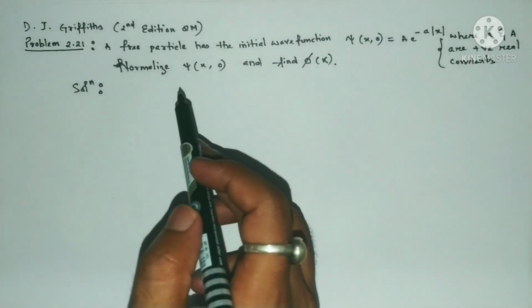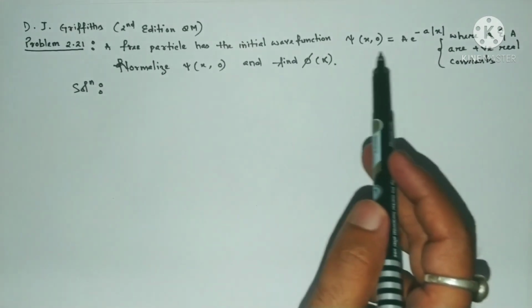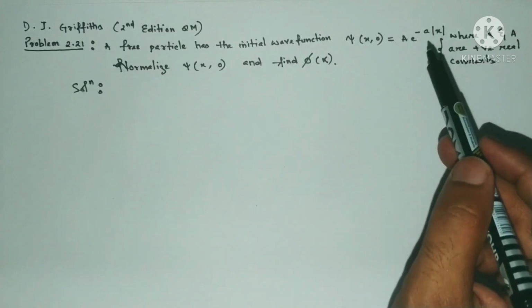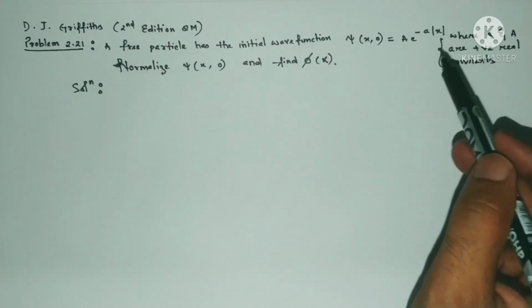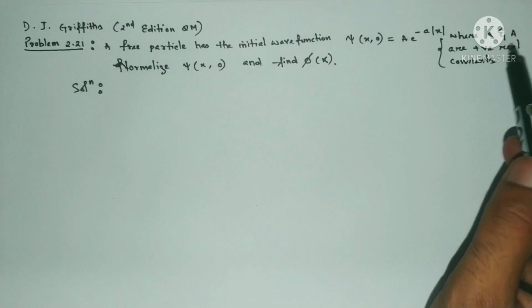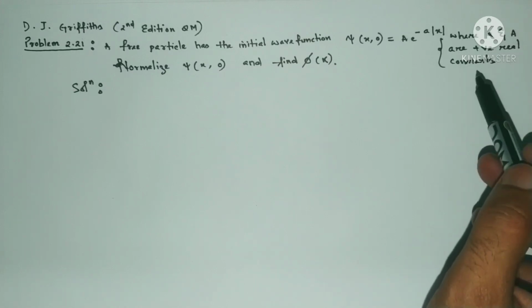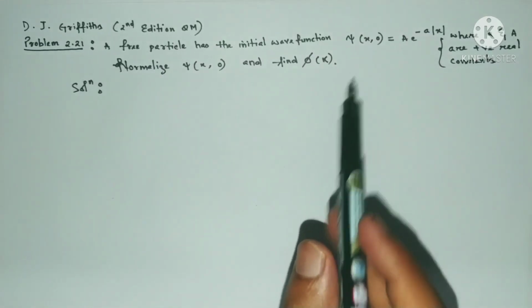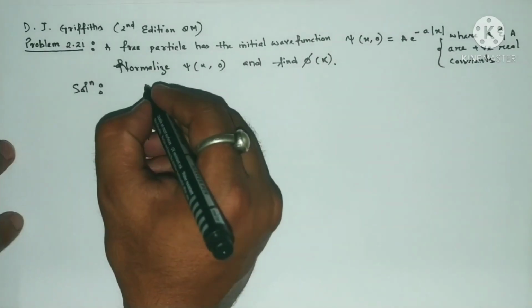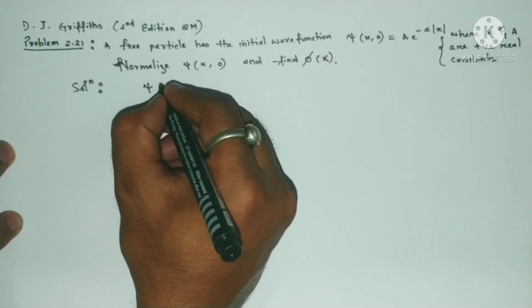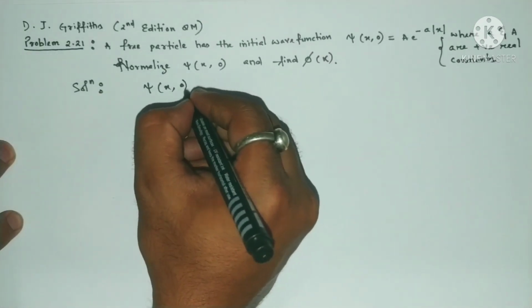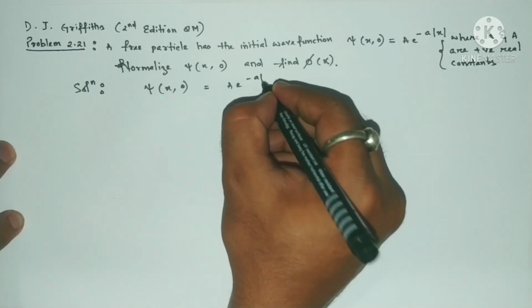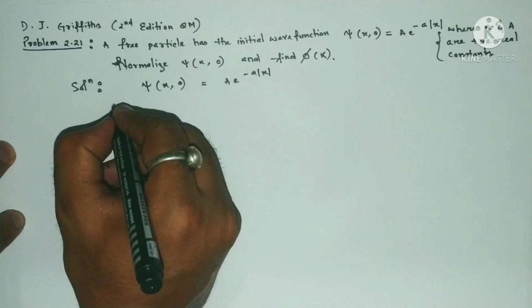Here, a free particle has an initial wave function psi of x, 0 equal to A e raised to minus a mod of x, where a and capital A are positive real constants. So normalize psi of x comma 0 and find phi of k. So our wave function psi of x comma 0 is equal to A e raised to minus a mod of x. Normalizing it,